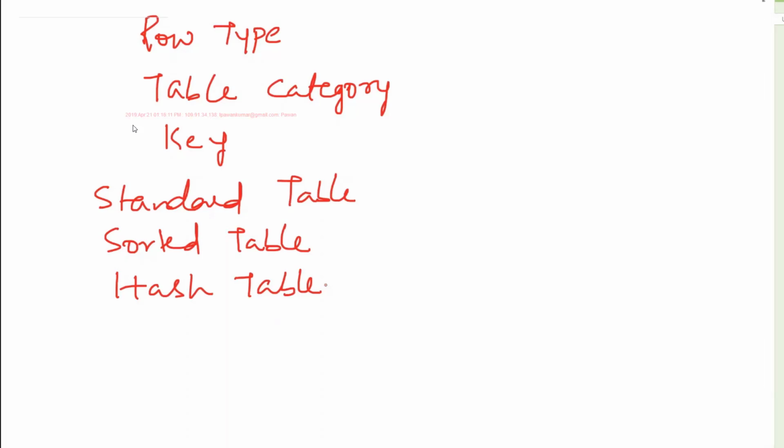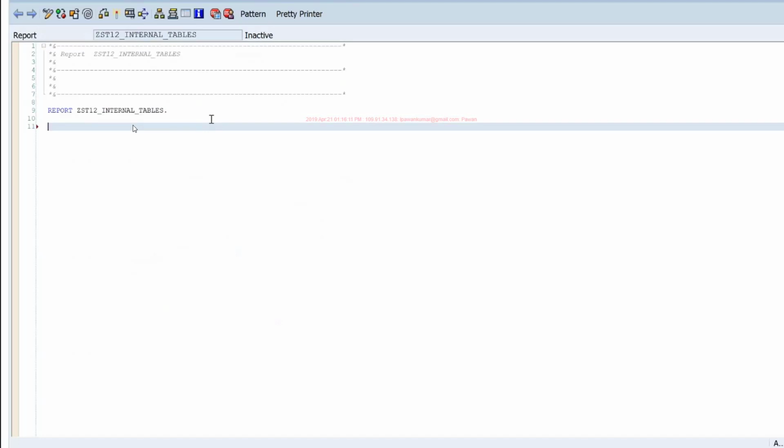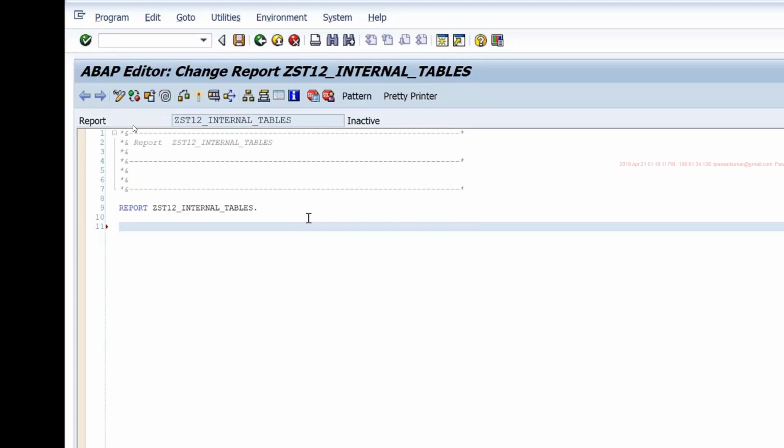Let's look at how you define them first. Let's say I want to define an internal table which has all the fields of this MAKT structure in the database table. Just to save time, I won't define a local structure, but you can define a local structure and refer your internal table to that local structure as well. We've seen that already in the previous videos.